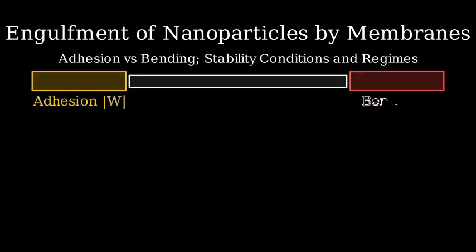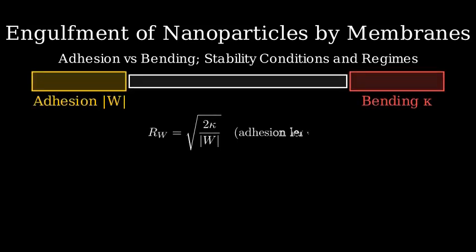Think of it like a tug-of-war. Adhesion pulls the membrane onto the particle surface, while bending rigidity pushes back against curvature. The key materials parameter here is the adhesion length, R sub W, the square root of 2 kappa divided by the magnitude of W, which sets the natural length